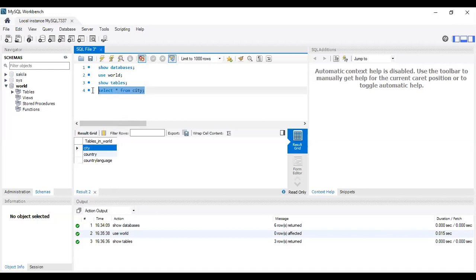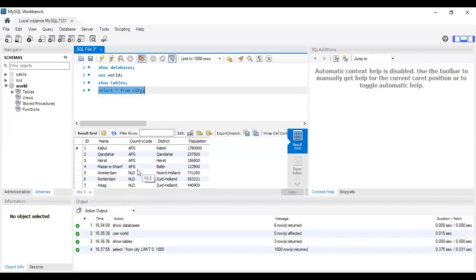At this time, your concentration should be on how many ways we can work with the MySQL server. One is from command prompt. If you are comfortable with command prompt, you can work. If it is not comfortable, then you can use MySQL Workbench. This is completely GUI. There is no black screen and no need to type the commands, and everything can be visible here. Colorful screen, right?